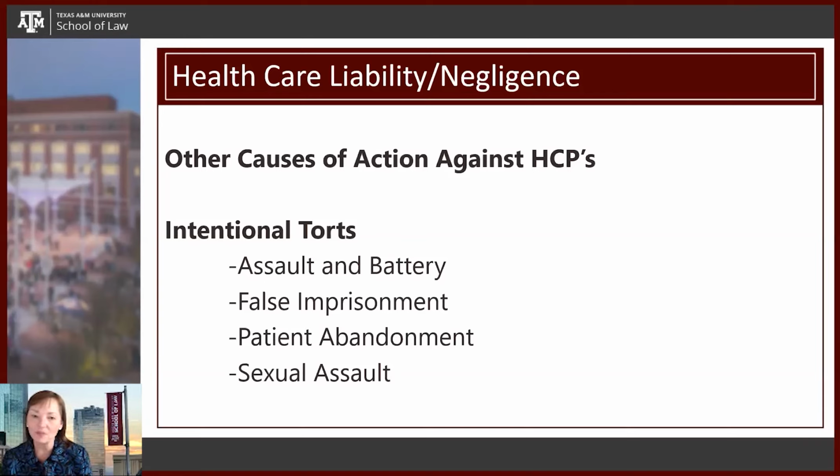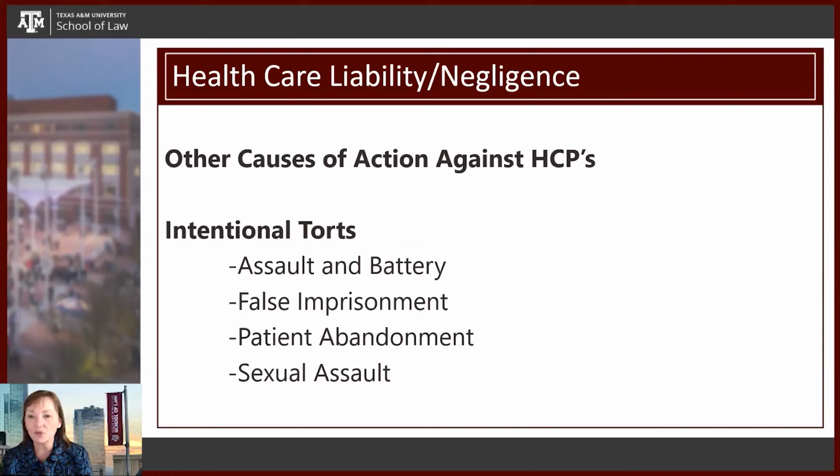Then there's false imprisonment, that we held this patient against their will. I mean, if you're an adult competent patient, you're generally going to be allowed to leave a facility against medical advice. And holding that patient, there would have to be a determination that the patient was a danger to themselves or others, and that they weren't competent to make good medical decisions or healthcare decisions before you would really even have an argument that you could hold that patient.